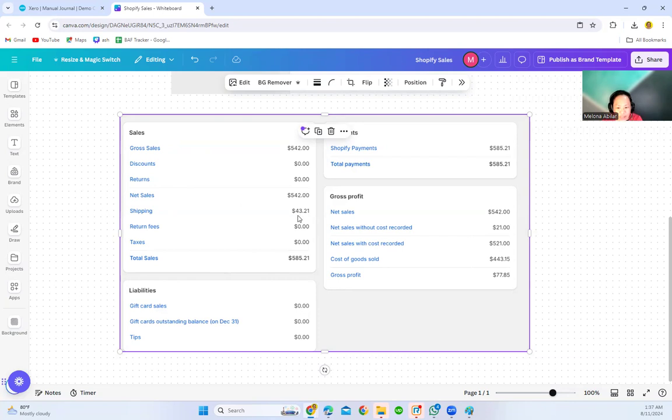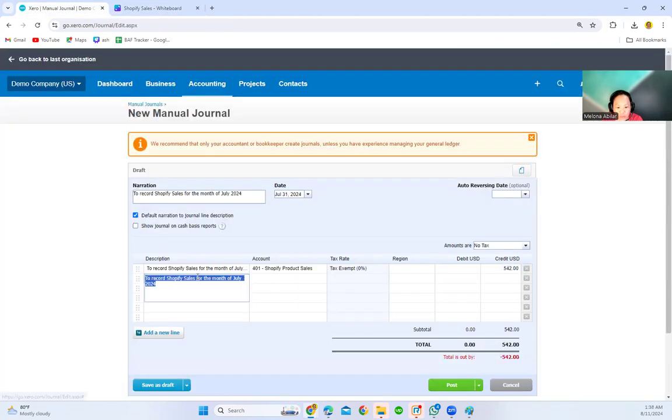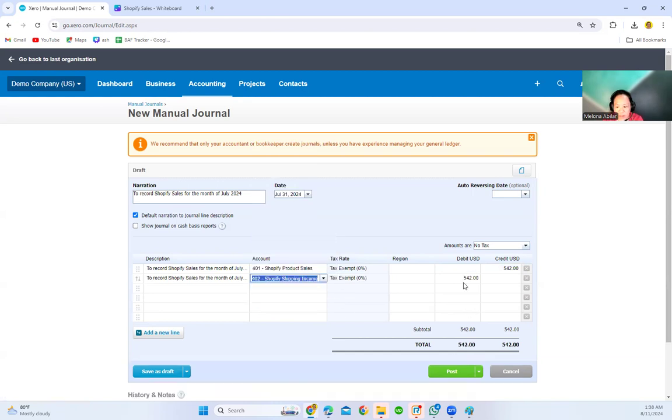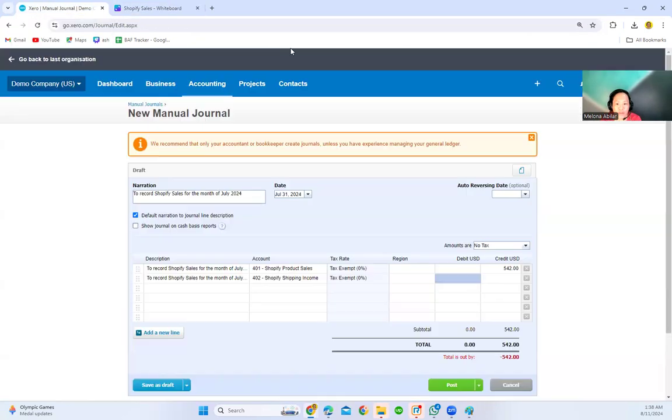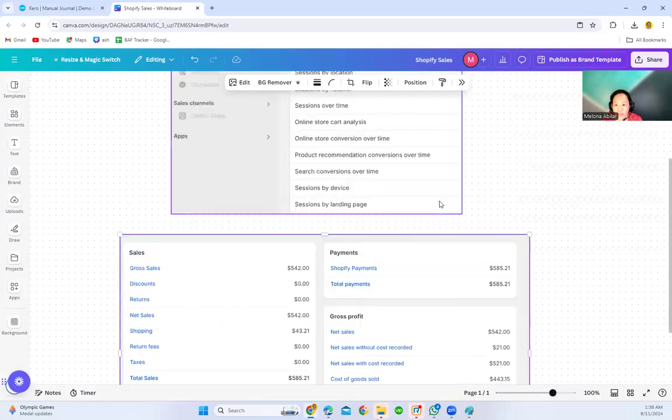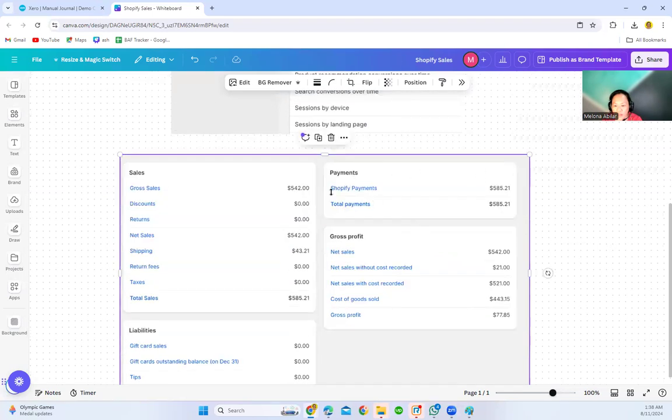So we are recording this into the Shopify shipping income account, which is an income account type. The amount is 43.21.